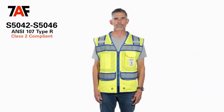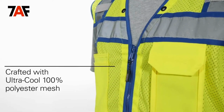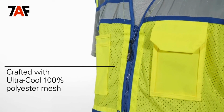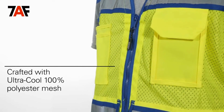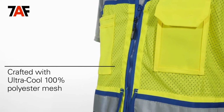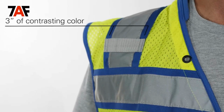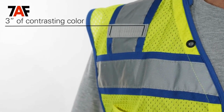Tackle whatever your day brings with KISHIGO's Color Contrast High-Performance Surveyors Vest. Meticulously crafted with ultra-cool 100% polyester mesh, this vest will help you beat the heat, but still ensures maximum visibility. It features 2-inch wide bands of high-performance reflective material against 3 inches of contrasting color to manage your workforce more